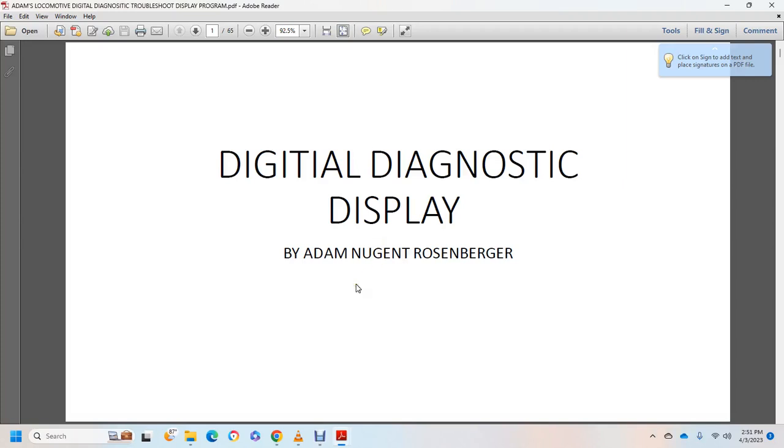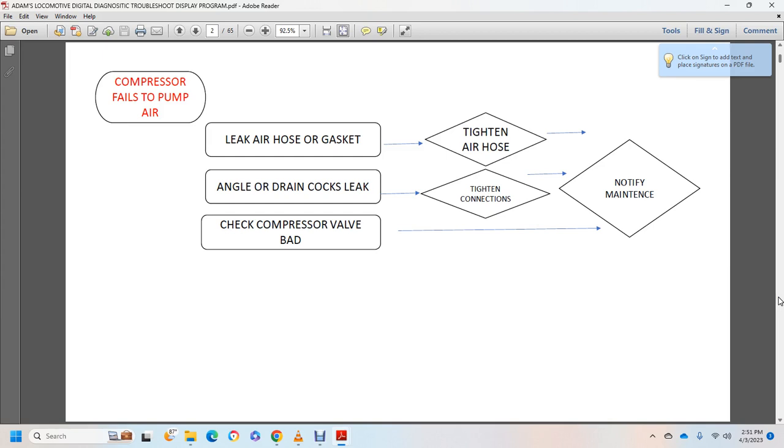Alright, this is my digital diagnostics display for the Locomotive. It's by Adam Nugent Rosenberg. I produced this firmware around April 2022. It shows the logic charts like compressor fails, leak edge, gasket, tighten hose, air leakage faults, and how to do